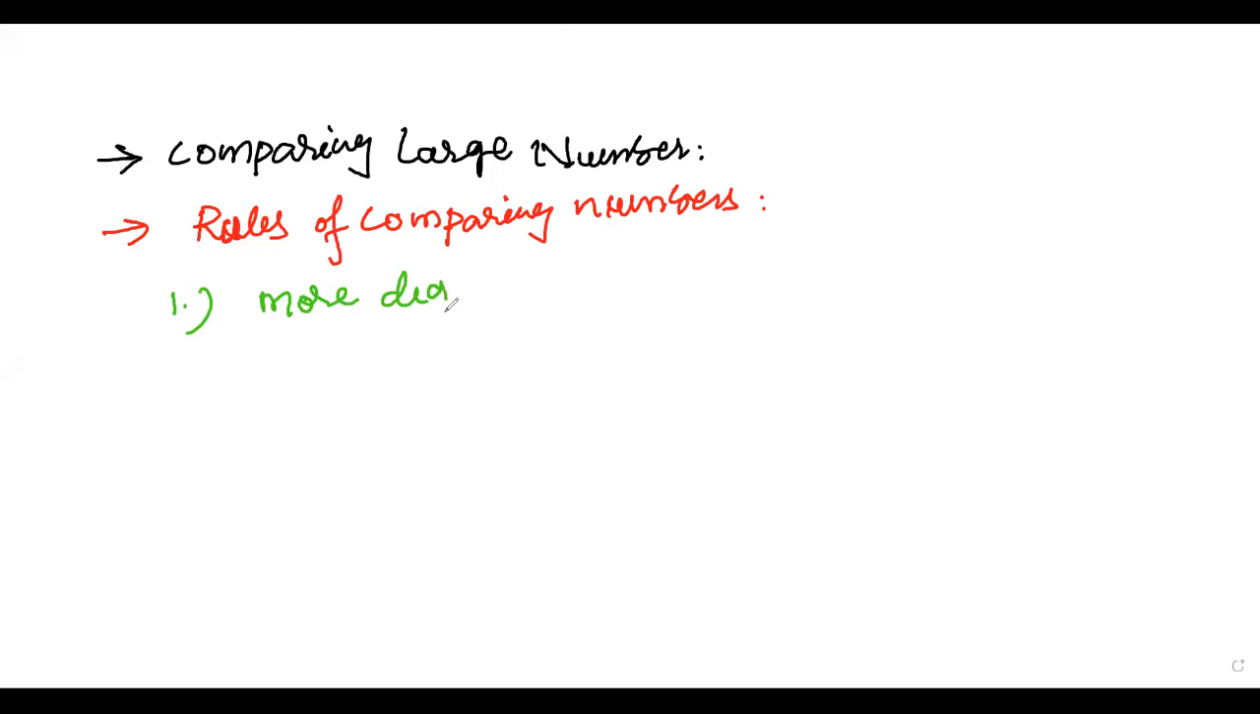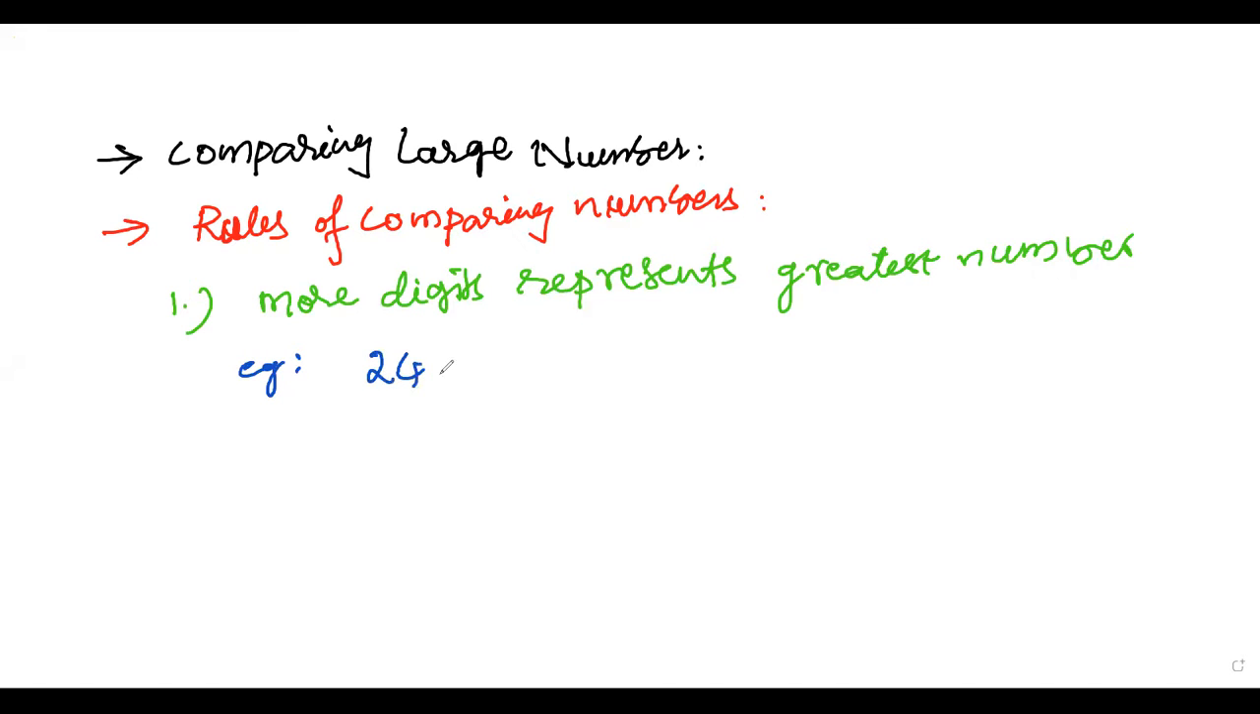More digits represent the greatest number. I will explain with the help of an example here. If I take an example, 24 lakhs 16,345 is our number, and another number is